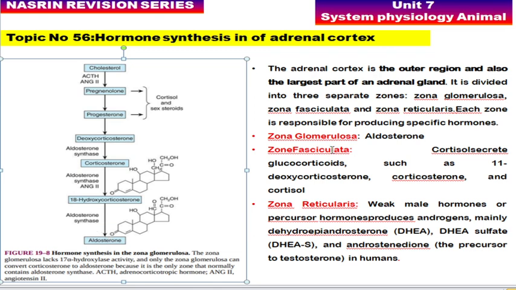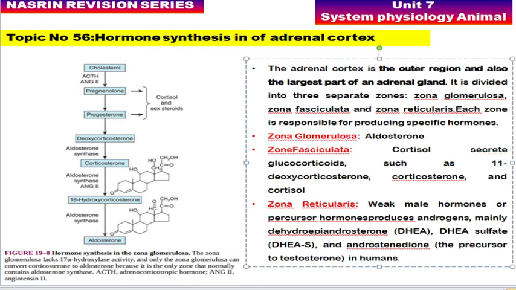Okay, in zona fasciculata, cortisol is secreted, friends. In this zone, glucocorticoids like corticosterone and cortisol are secreted. Next, the zona reticularis. In this zone there is production of weak male hormones, which are mainly precursor hormones to produce androgens like DHEA and DHEA-S, and also androstenedione, which are precursors of